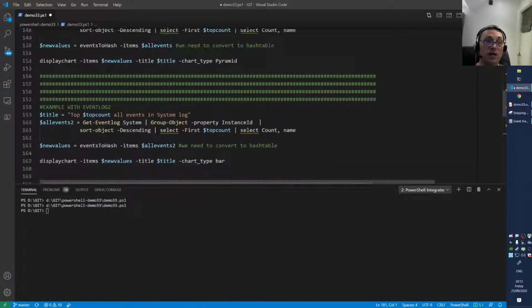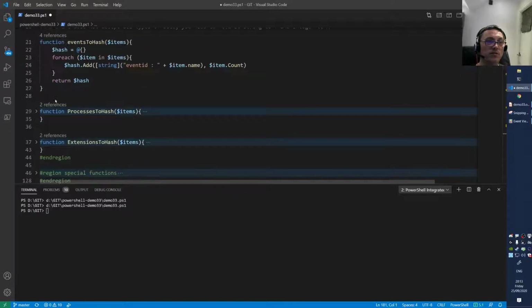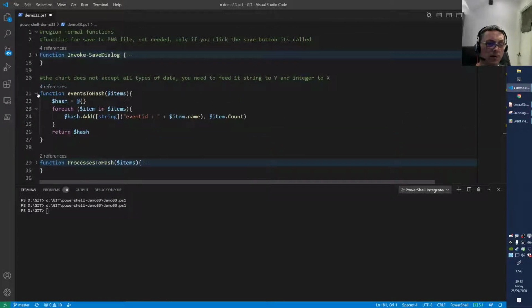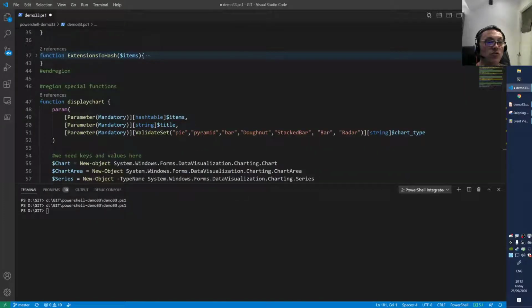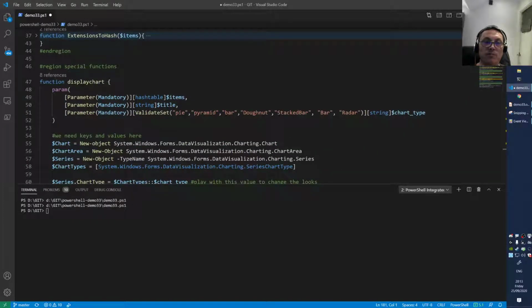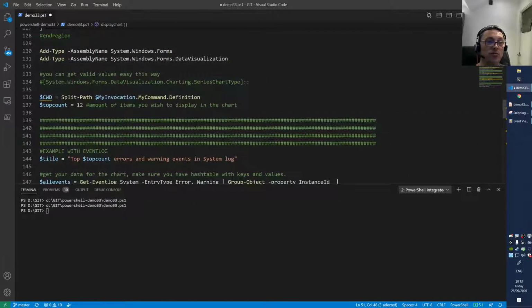And just play a little bit now with the output. So let's go to this function we have, and we have that here. Hang on. We have that here inside of the special functions. And for instance, you have a pie, pyramid, and you have bar. So let's stick pie now inside of the first example we had, right?